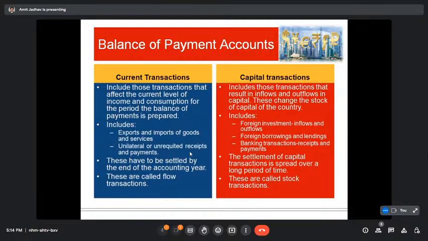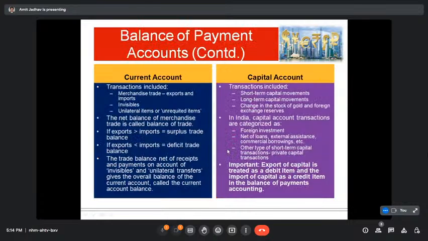So here we can't have the settlement at the end of the academic accounting year. So these are called stock transactions. Such a transaction is known as a stock transaction. So when we continue with the same current account and capital account, here we have that in the current account the